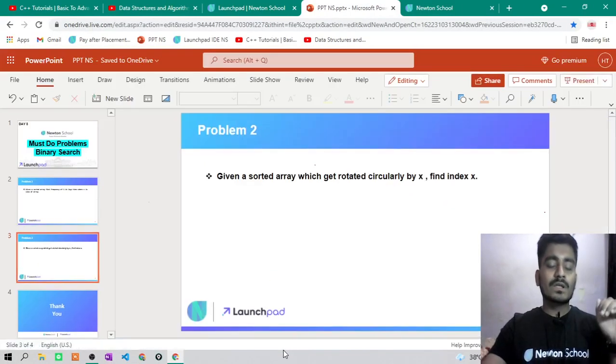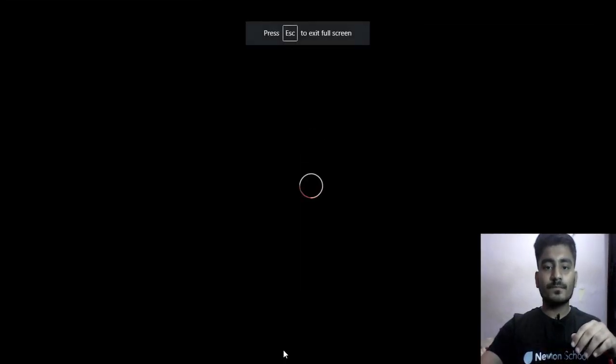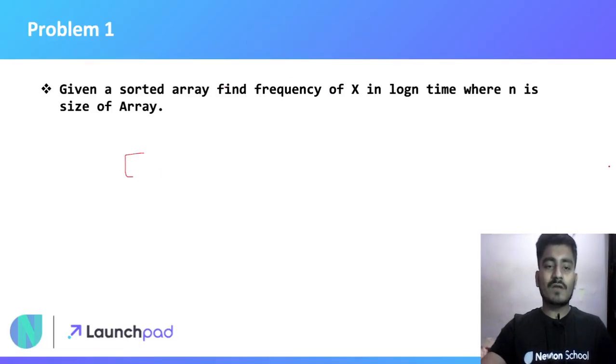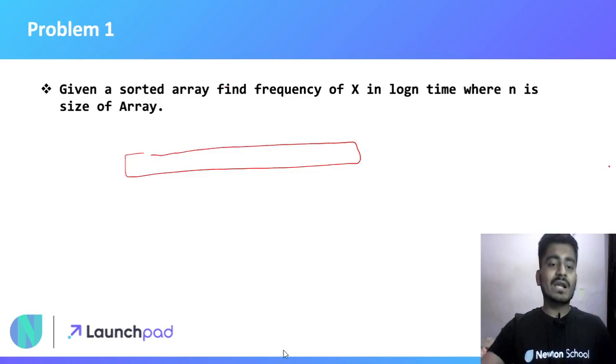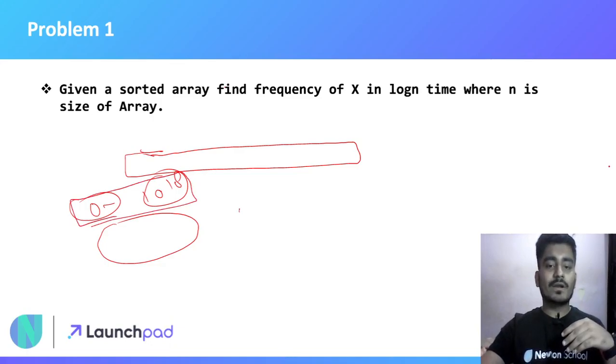Now there are some more problems, and binary search is a very big topic, and we can have some more problems. One problem you can have is range operations. Suppose you have a sorted array, and you have some value range 0 to 10 raised to 18, and I'm just giving you an intuition that you can use binary search in such problems also. So you have something like this and you have to find out the maximum number.